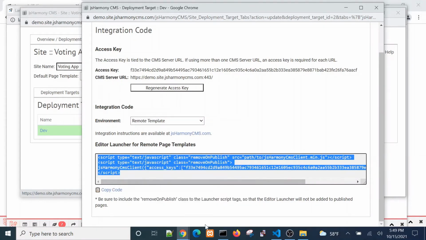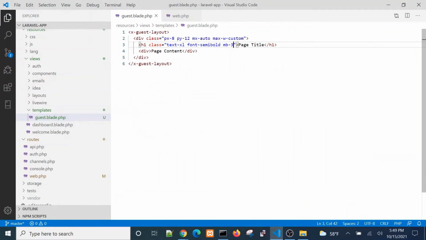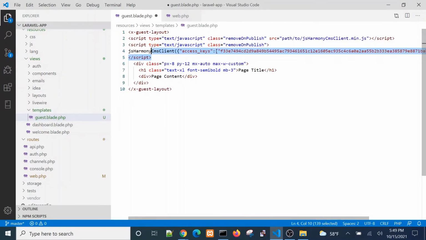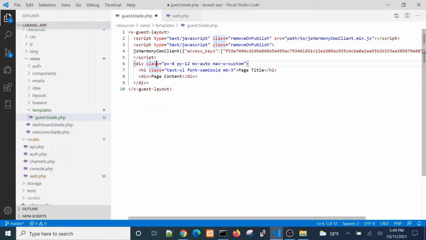So we'll copy this, paste it into our layout, and we'll need to make sure to